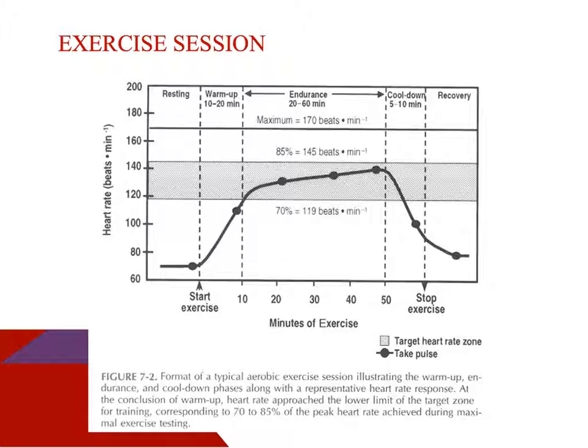As we can see during this sample exercise session, we've started exercise with a resting heart rate of approximately 70, and then we've gradually increased our intensity to where we've reached our peak intensity, or peak heart rate, rather, at around 45 to 50 minutes of exercise. So we see that gradual increase, of course, for the first 10 minutes with our warm-up. When we're going from sedentary to activity, we're going to see a bigger jump in heart rate. And then as we